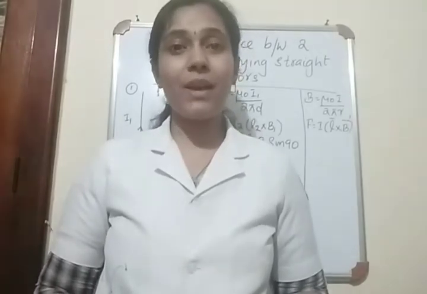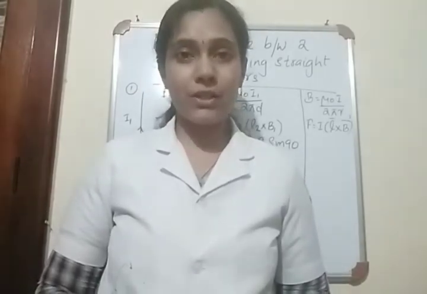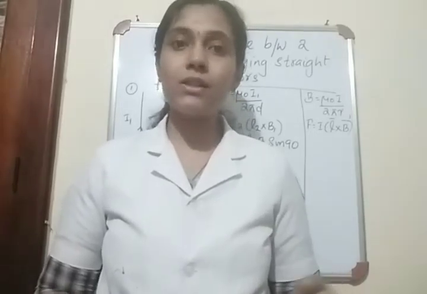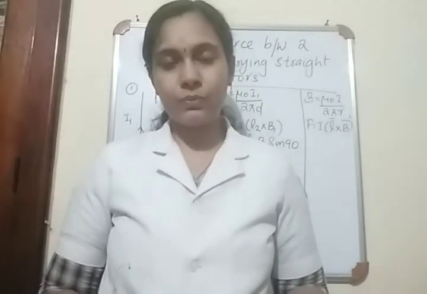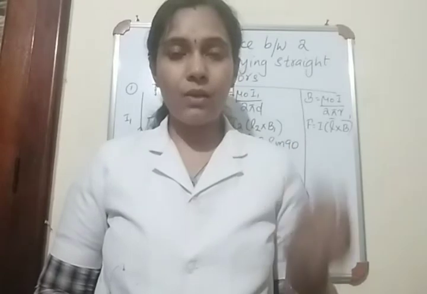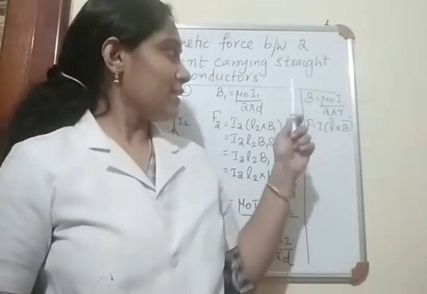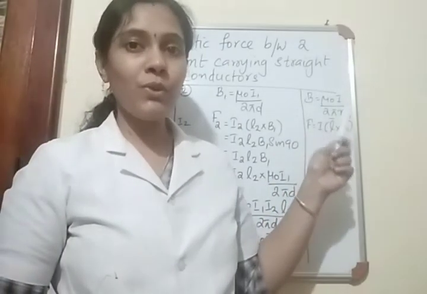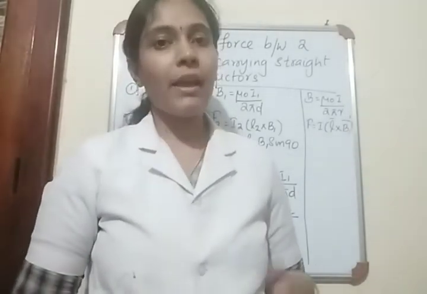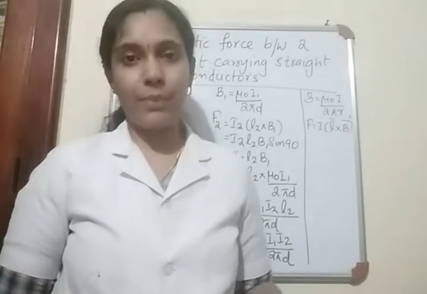Children, in the previous sessions we had discussed Ampere's circular law and its applications. We had derived the expressions to find the magnetic field due to a current carrying straight conductor, a toroid and a solenoid by applying Ampere's law. Do you remember the expression for magnetic field due to a current carrying straight conductor? Yes, this is the expression. B is equal to mu 0 I by 2 pi r, where I is the current flowing through the conductor and r is the radius of the Amperian loop that we have constructed in order to apply our Ampere's law.